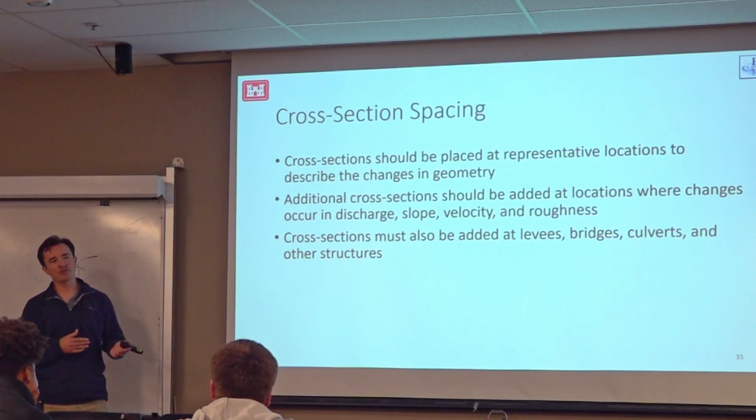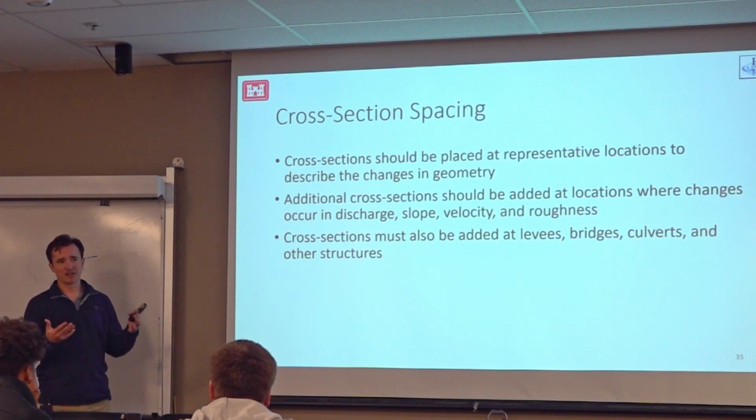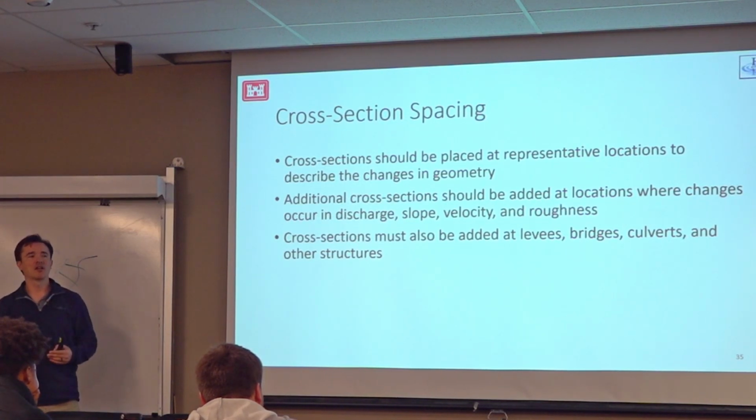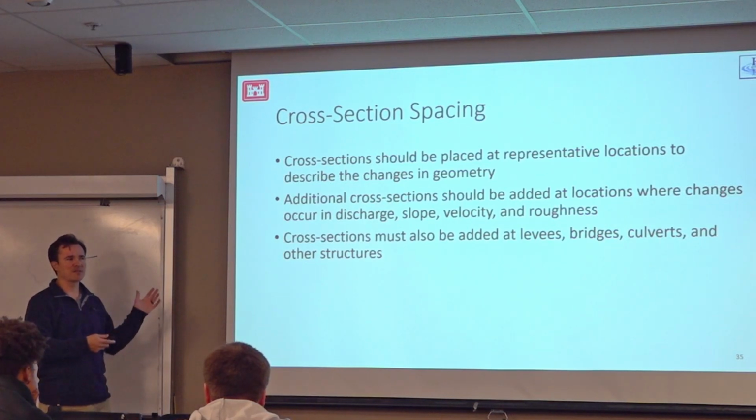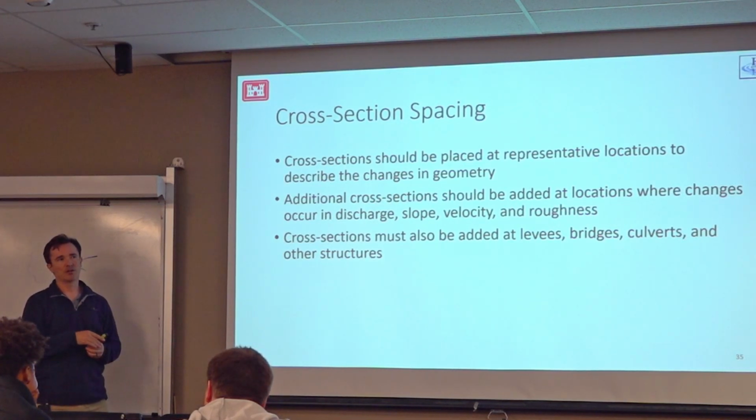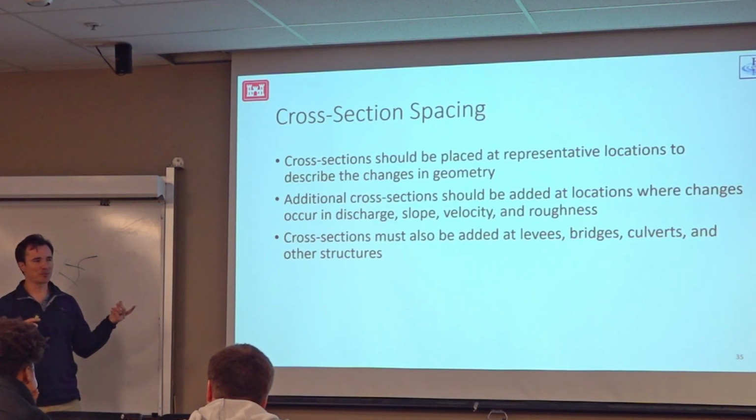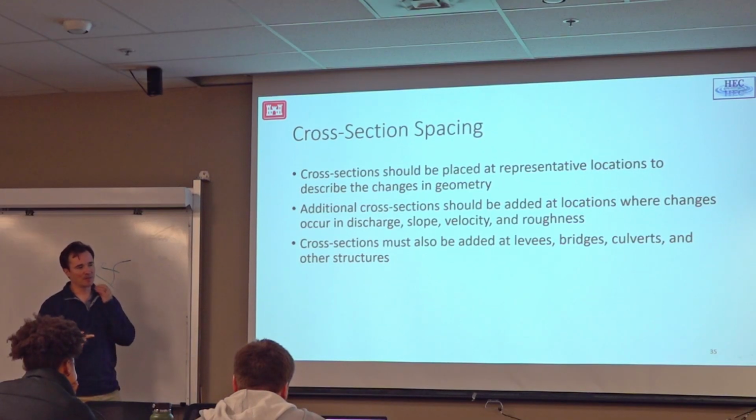But sometimes you have to run it once, look at your results and then realize, oh, actually, my water surface is changing a lot in this area. I need to go add more cross-sections there. And if you plot things, sometimes it becomes more obvious where you need more resolution, if your water surface profile looks very jagged and that kind of thing. And it just takes experience to develop a feel or intuition for where you need the cross-sections,